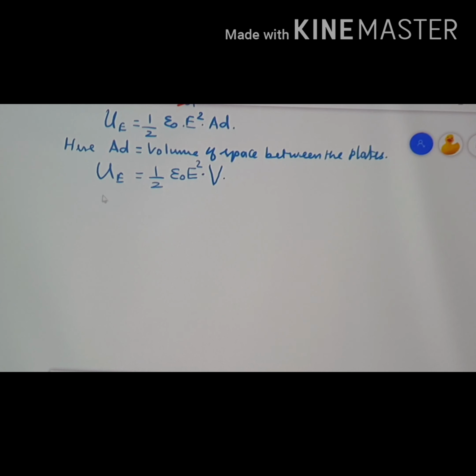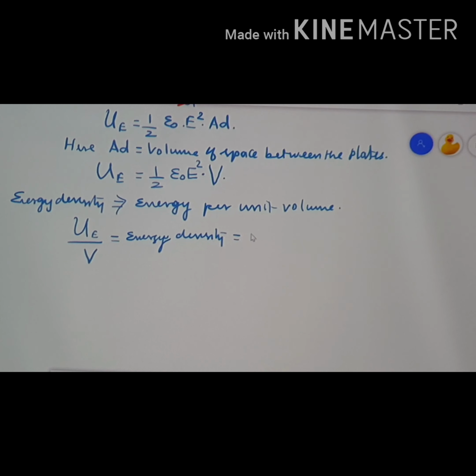Now from this you define energy density. What do you mean by energy density or potential energy density? Energy density is defined as energy per unit volume. How can you consider energy density now? That is, epsilon of E divided by the volume will give you the energy density,